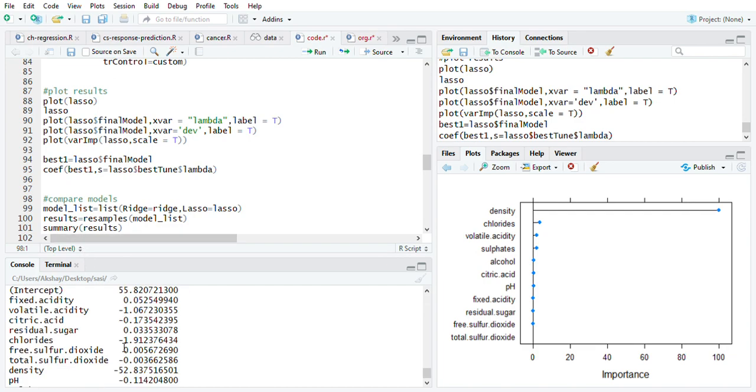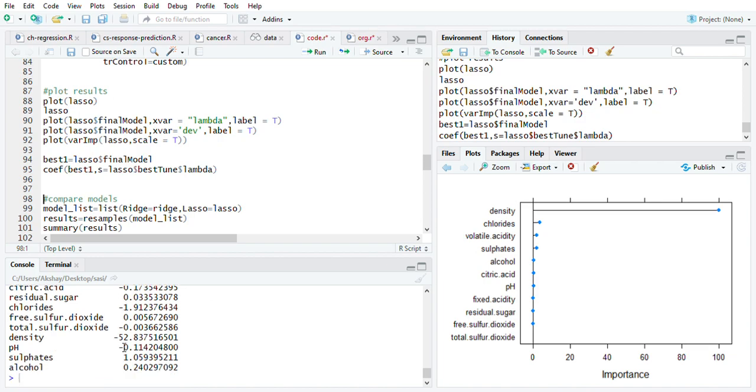These are the coefficients got by using lasso regression. Here, unfortunately, no coefficient becomes 0, which means no variable is that least important.